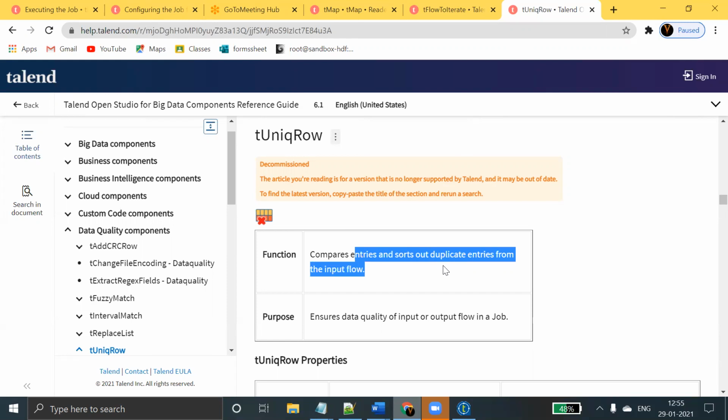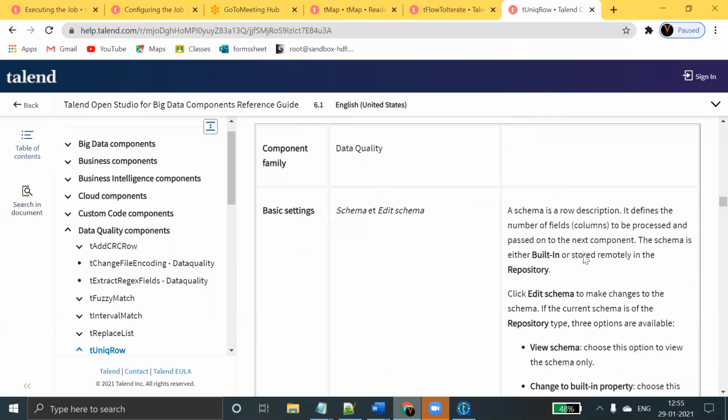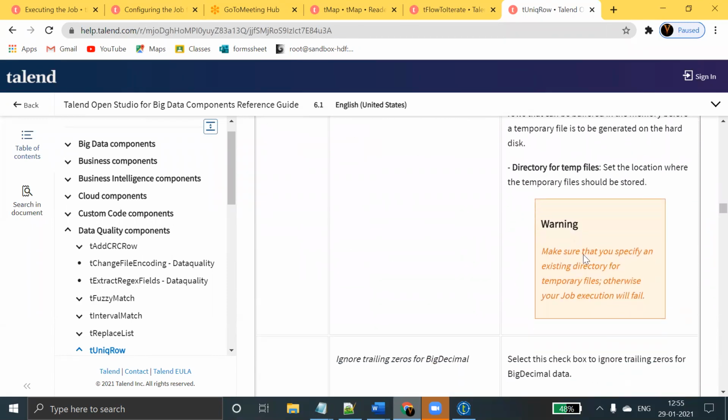This is a data quality component. You can use it at the data quality level, or you can use it in data integration also.